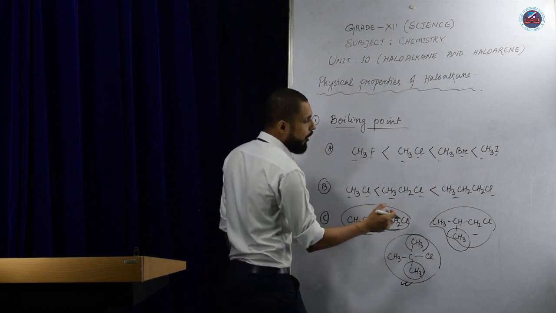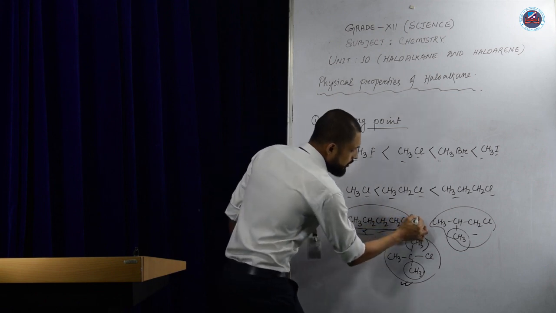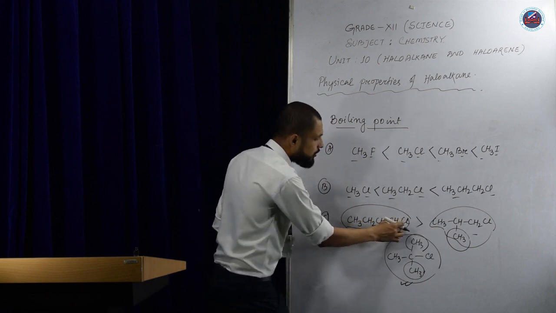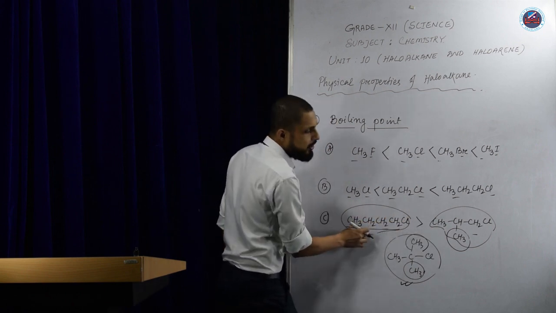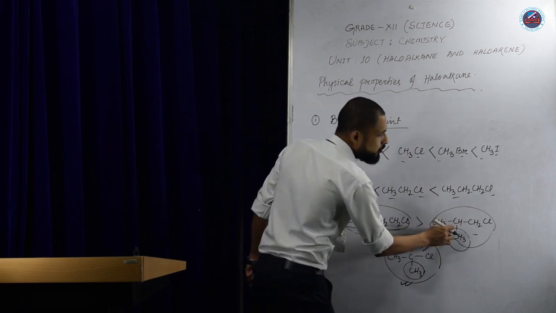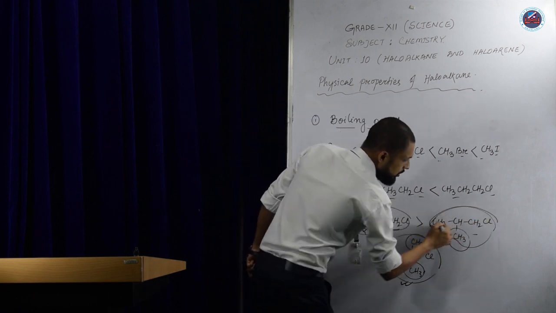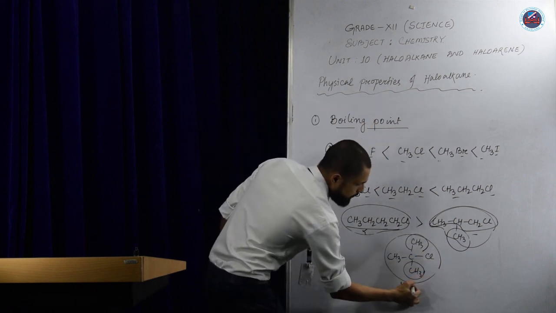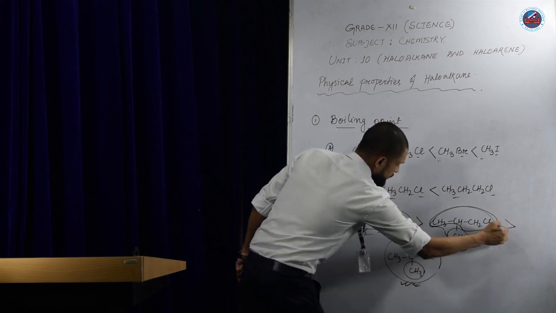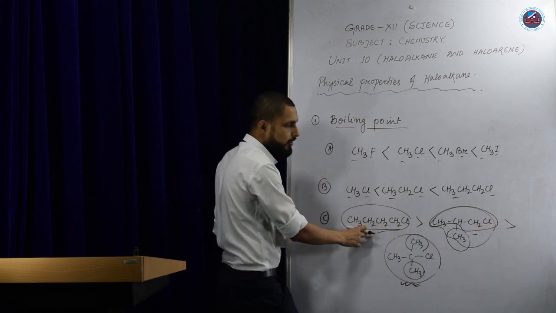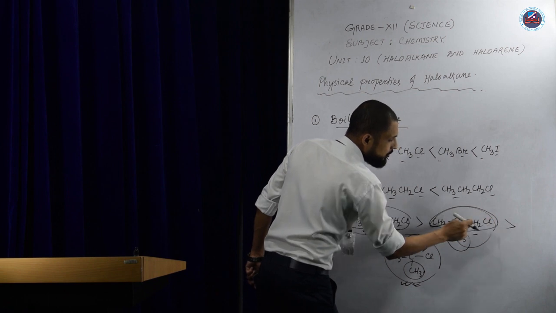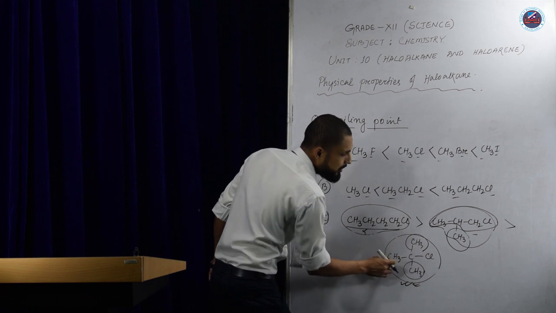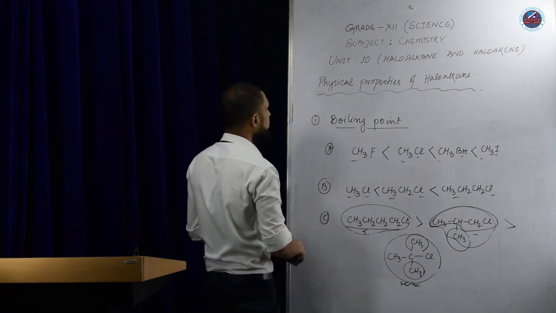So the order of the boiling point, this will be more than this. That means this is 1-chlorobutane. 1-chlorobutane's boiling point will be more than 2-methylpropyl chloride, which will be more than the third compound. So the order is 1-chlorobutane more than 1-chloro-2-methylpropane, more than 2-chloro-2-methylpropane. Next,